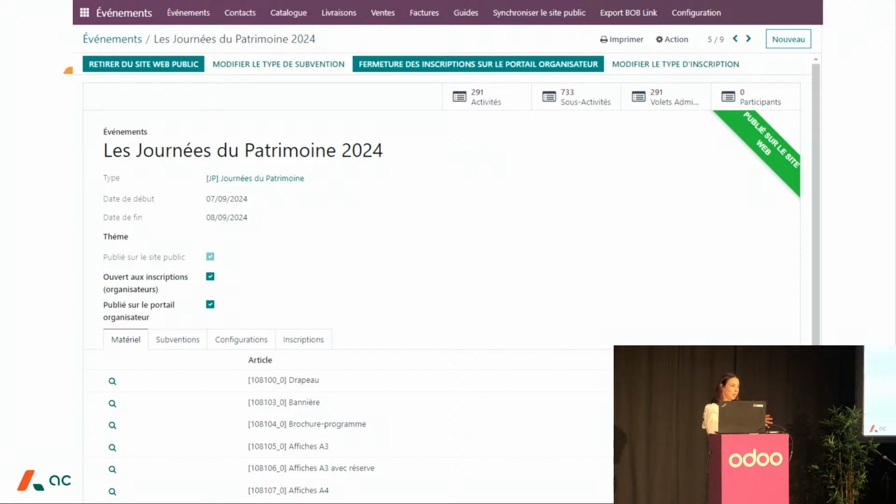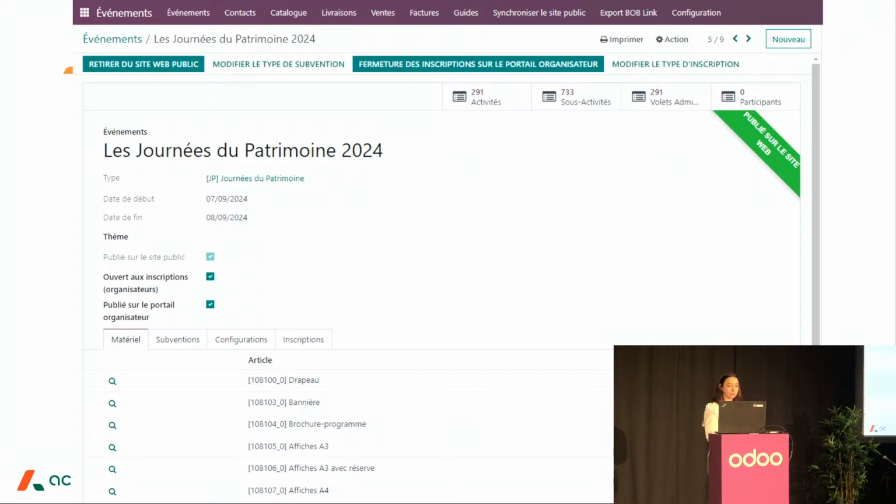And so the activities is what you can find on the website, and the administration is all the analyzing parts of the application. So the public won't see anything about administration, and so you have sous-activité, which are the animation organized in an